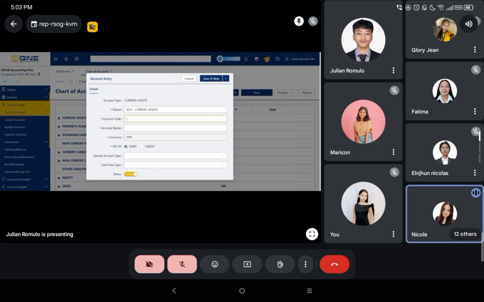Account codes must follow the numbering sequence shown in the sample. So please put 110 dash 40, then four zeros.